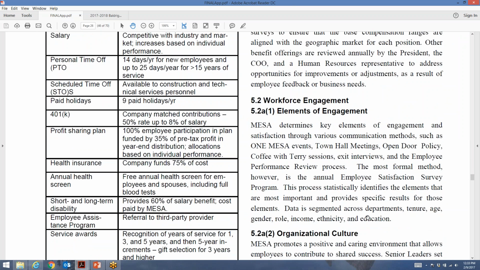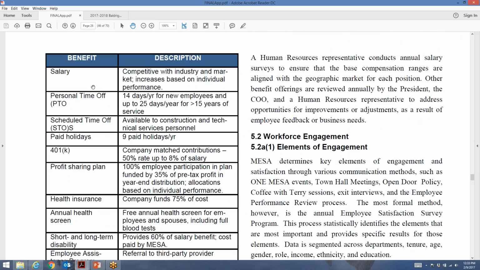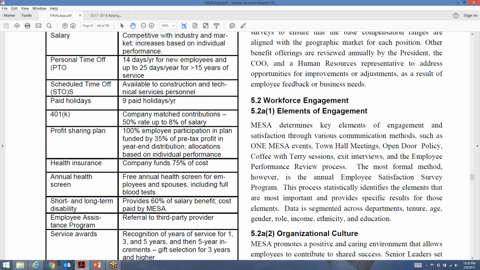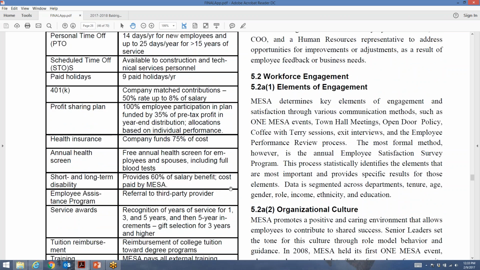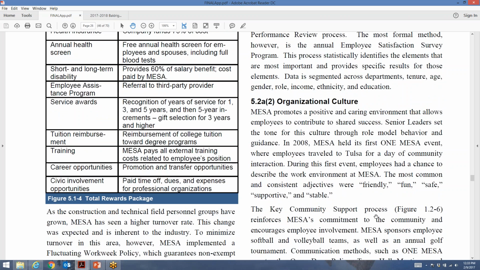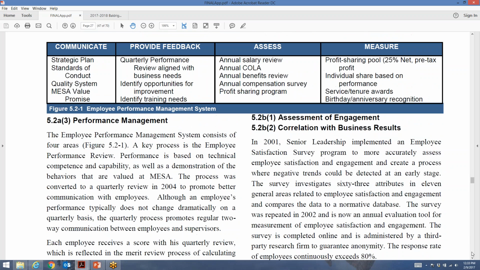Benefits and services that you offer. Put that in a table. Don't try to describe all that in a paragraph. Put that in a table. Tell me what you do. If it's better than anybody else, tell me that right here, so I don't have to guess at that, because I may not know. Maybe everybody's doing this, but if you're the only one that's doing it, then tell me in that table.